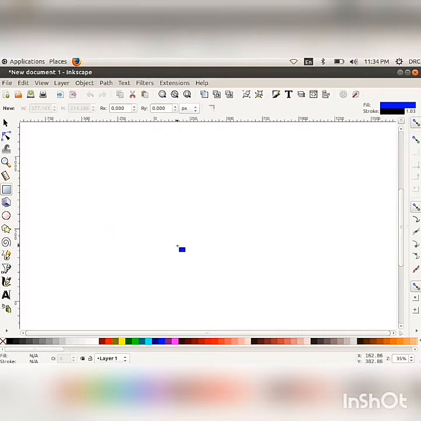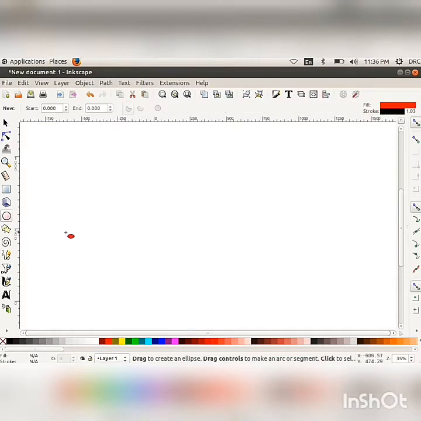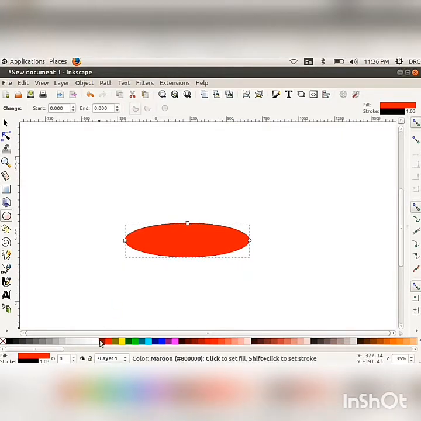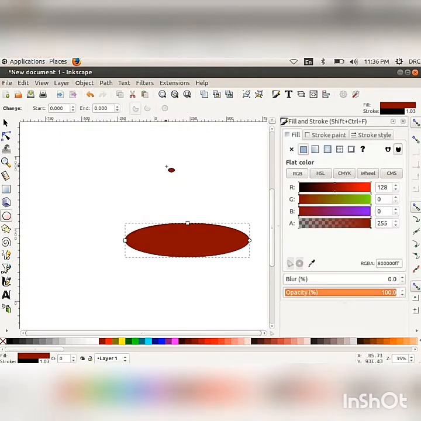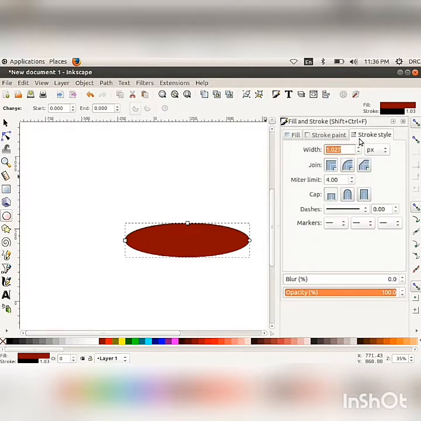Draw a saucer with the help of the activities in the Inkscape software. For that, draw an oval horizontally using Create Circles tool. Tools to remove color, give color, linear gradient, radial gradient, opacity and blur are available in the Fill and Stroke window. To open Fill and Stroke window, click on Object menu, then select Fill and Stroke. Fill and Stroke dialog box appears.